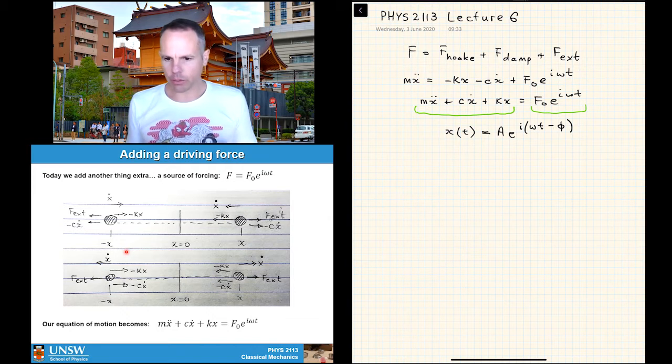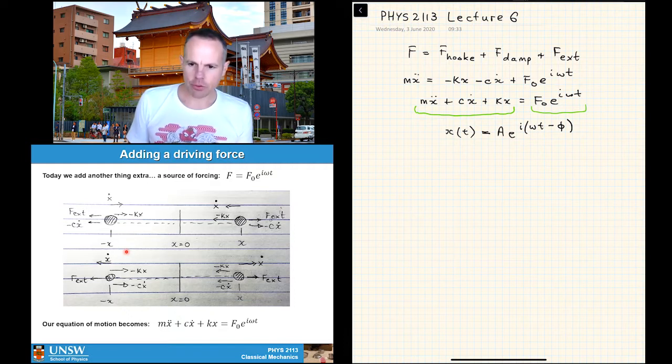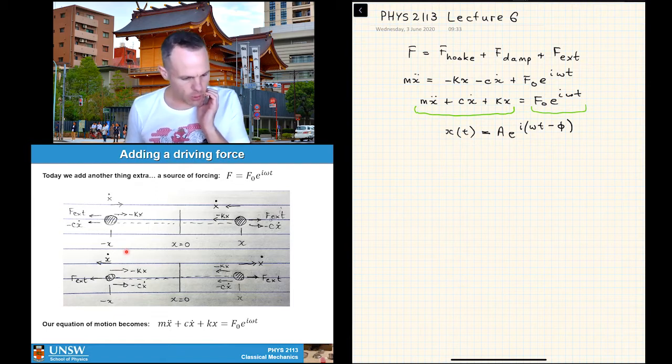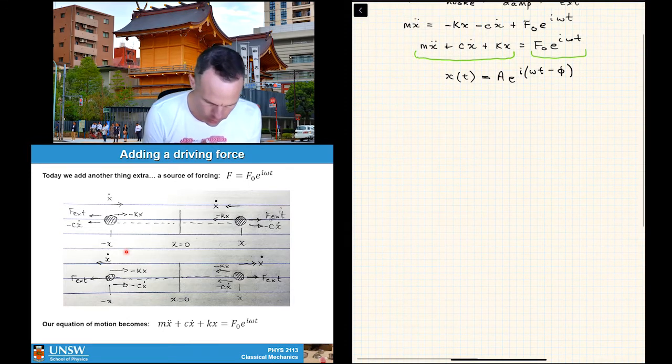Starting trial solution. Might be right, might be wrong. If it's right, great. If it's wrong, then we go back and we add something to it, okay? All right, so we have here an amplitude A and a phase phi that are yet to be determined, but we'll play with this as we work our way through. And so what we need to do is now verify that this is a solution by substituting it into our equation, okay? So we have m d²/dt²,